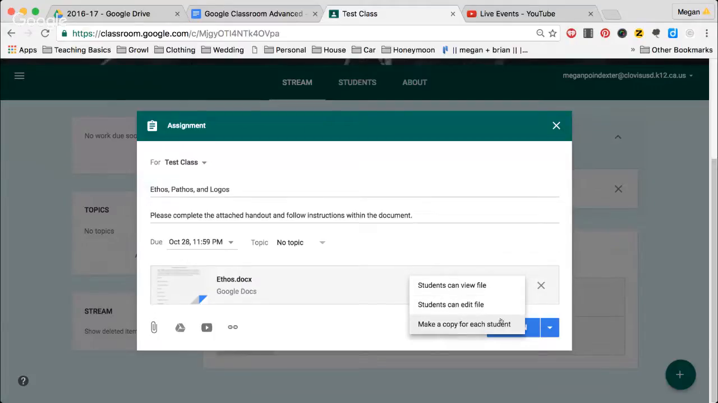The last one right here is make a copy for each student. The reason that this is probably the most commonly used is because this is the equivalent of running a handout or running instructions through a copier and giving each student their own individualized copy so that they can interact. So I'm going to show you if I make a copy and I click Assign,